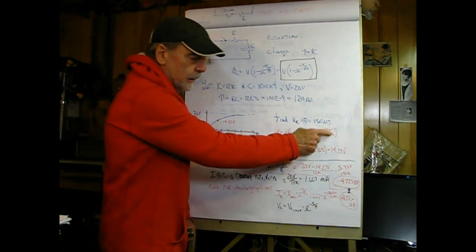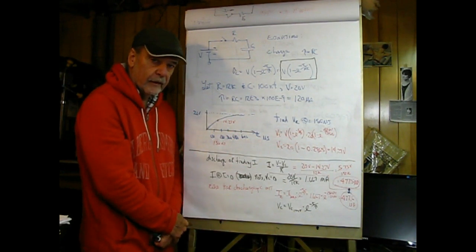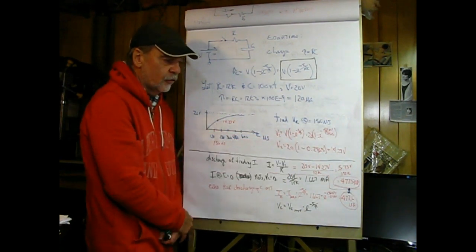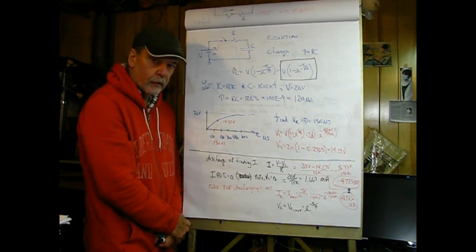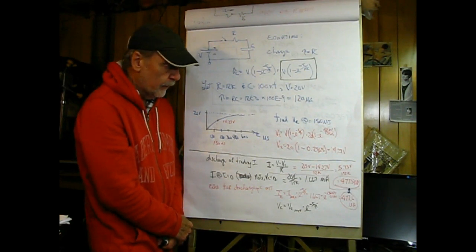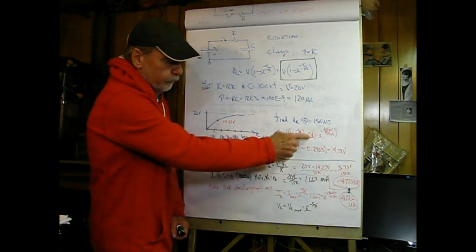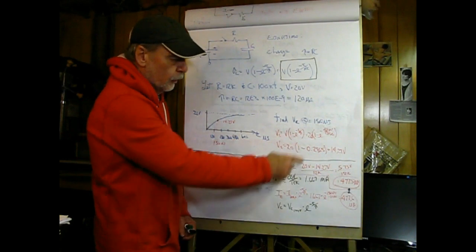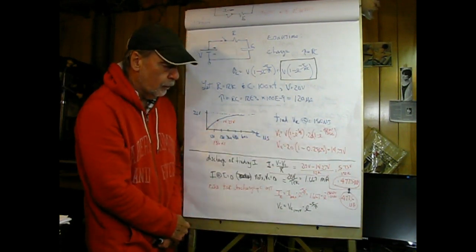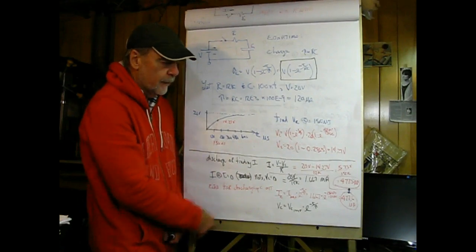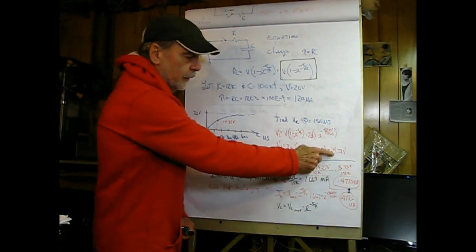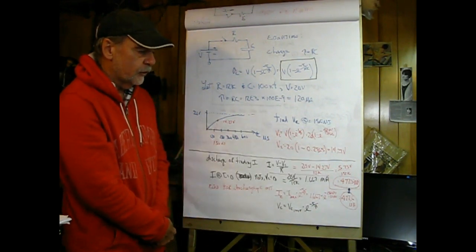And you do not need to enter in e to the negative 6 in your calculators. As long as these units are the same, you can just use 150 over 120 or 15 over 12. So that makes the math a little bit easier. And then I've done this step by step. So e to this value will give us a value of 0.2865. And then if we just subtract that from 1, multiply by 20, that shows we have a voltage of